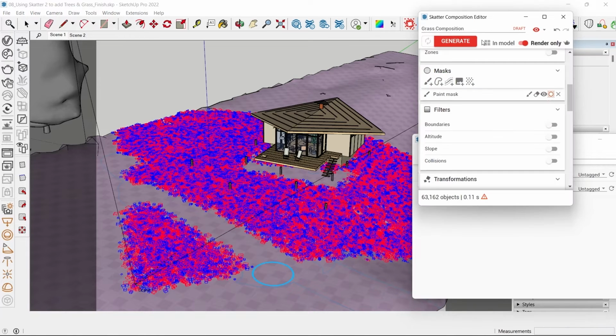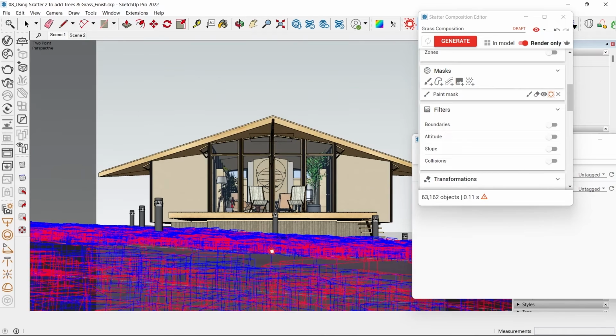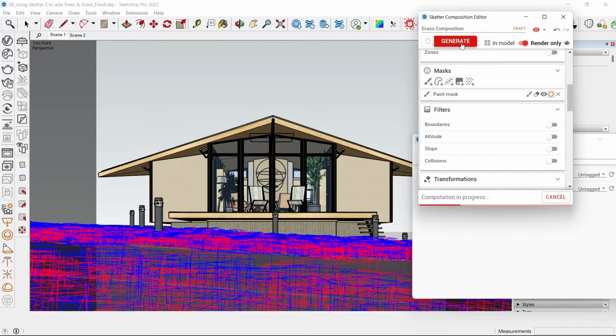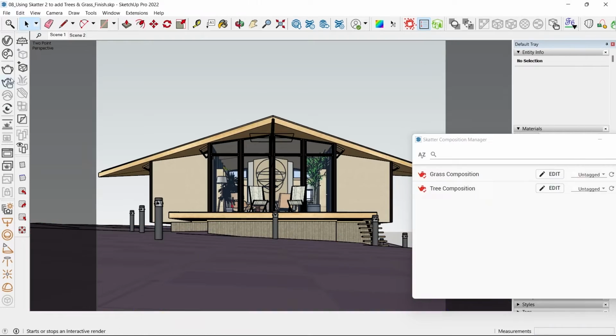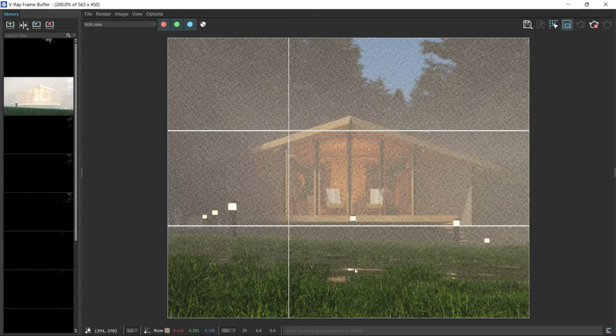Alright, so I'm happy with this. Let's see how it looks in scene 1. You can see some grass in front and then the materials there. And then the stream there. So let's click on generate. And let's run the interactive render. Alright, this looks cool. Maybe just bring the grass down a bit so I can see more of the pond,